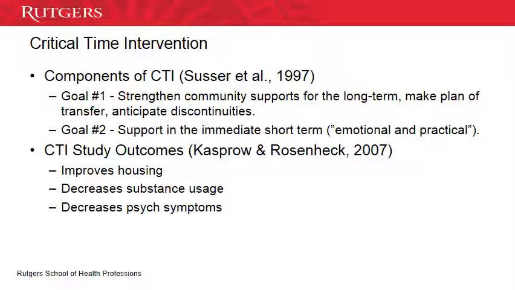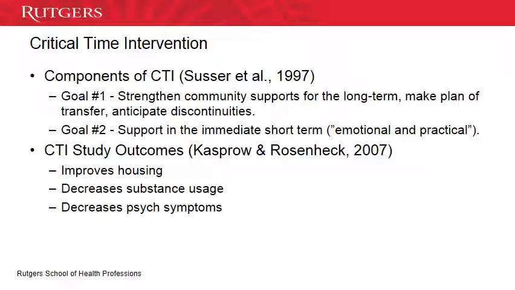The first goal relates to strengthening community supports for the long term and really making a plan of transfer that's comprehensive, as well as being able to anticipate any discontinuities that may exist between the institution and the community support provider that the person might be going to. The second goal is in the short term supporting the person, and the term is emotional and practical support. So what is that person going to need today to get them to tomorrow,